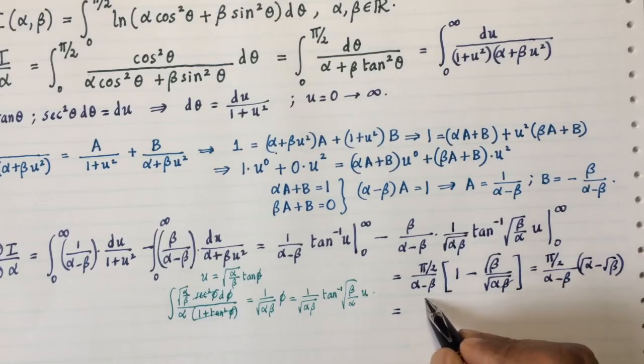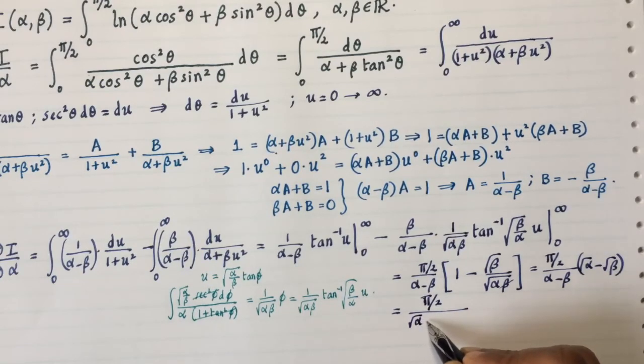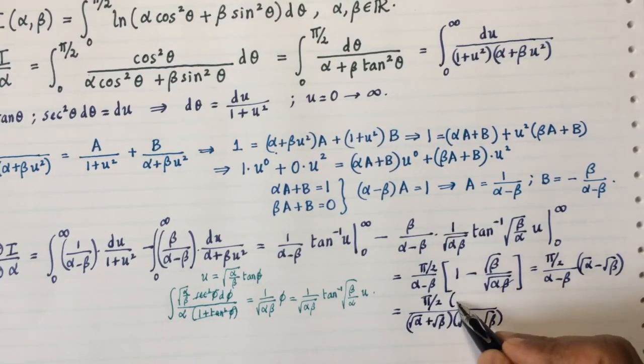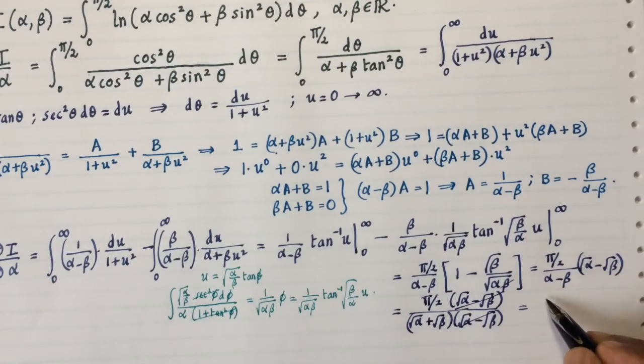So I can write the, let me just write it, it's easier than explaining it. I'm going to write alpha minus beta as root alpha plus root beta times root alpha minus root beta, times root alpha minus root beta. So finally, I have my answer. It's pi over 2 divided by root alpha,